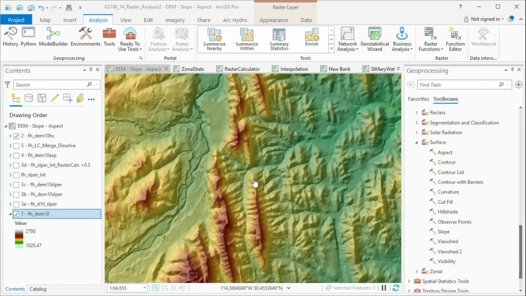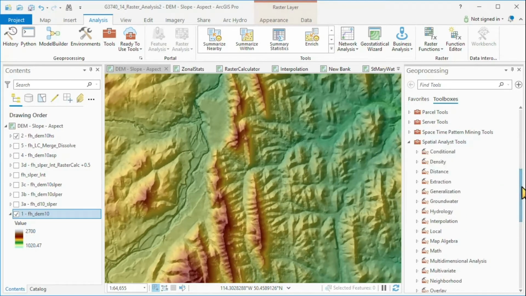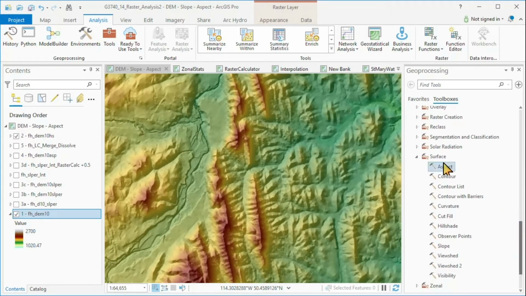I have a 10-meter elevation model and I want to carry out some basic raster analysis. The raster tools are under our spatial analyst tools, and within there, under our surface analysis, I'd like today to carry out the slope command and the aspect command and just cover some basics. I have here the result of my slope raster,